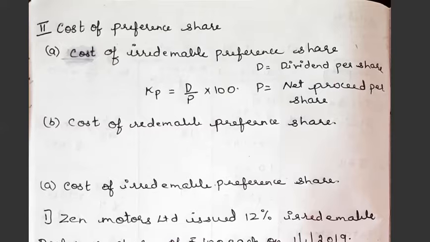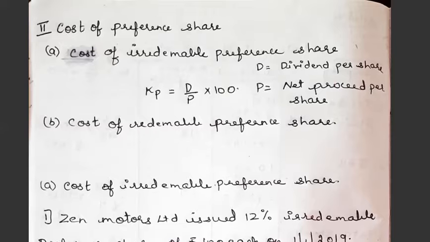Now today let us move to the second component of cost of capital, that is cost of preference shares. The meaning of preference shares, I think you have studied already. They will have a preferential right over the equity shares regarding the repayment of principal and dividend. The percentage of dividend will be fixed and the repayment year will be fixed. They will not be bearing any loss. They are not the owner of the company. So they are called preference shares.